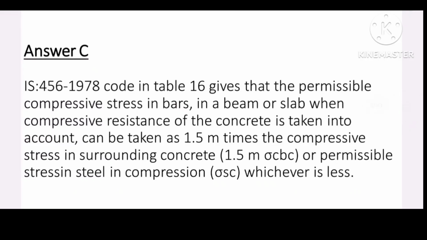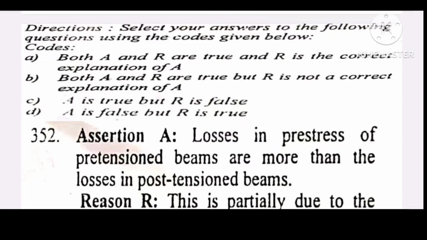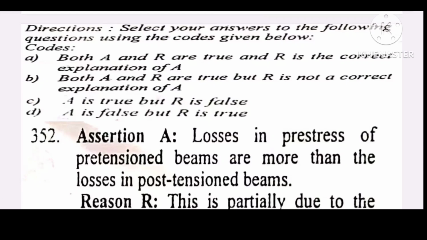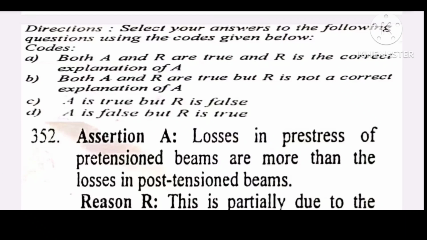And let's see the explanations also. According to IS 456/1978 code, the permissible compressive stress in bars, beams or slab when compressive resistance of the concrete is taken into account, it can be taken as 1.5 into m times the compressive stress in surrounding concrete, that is 1.5 into m into sigma CBC, or permissible stress in steel in compression, that is sigma SC, and whichever